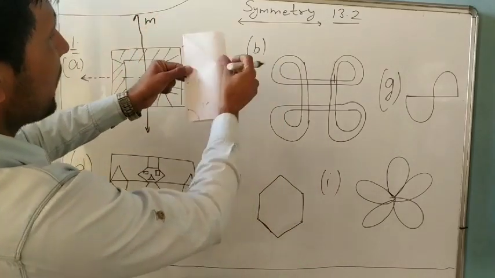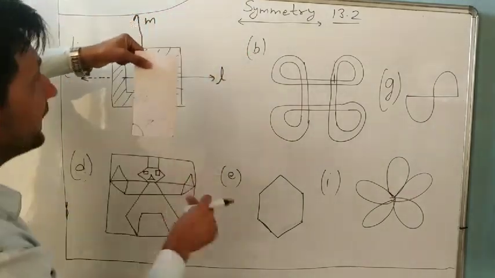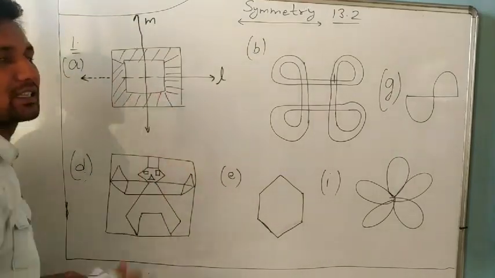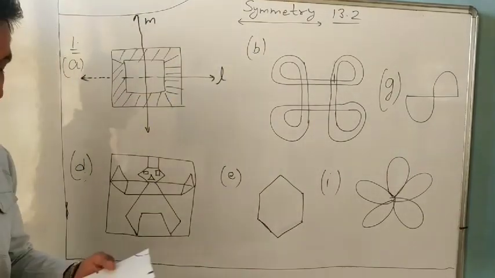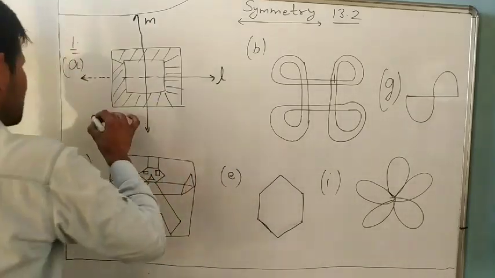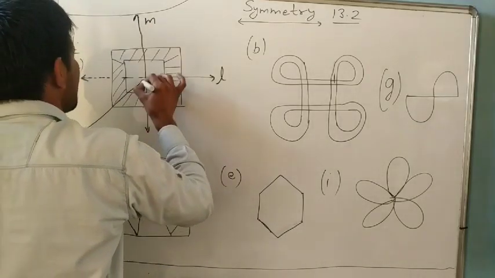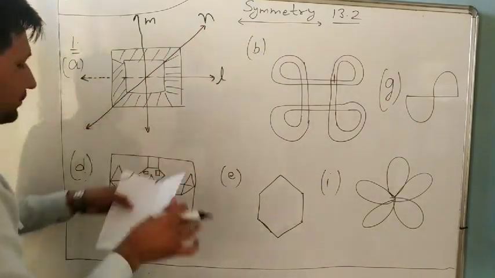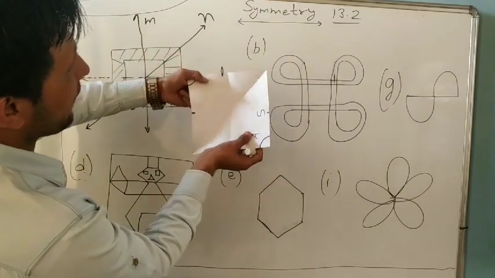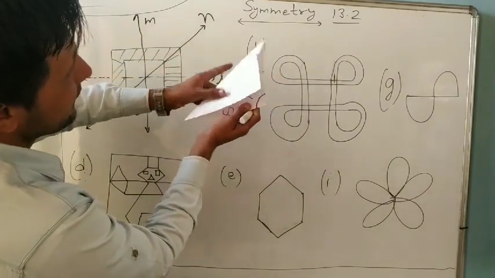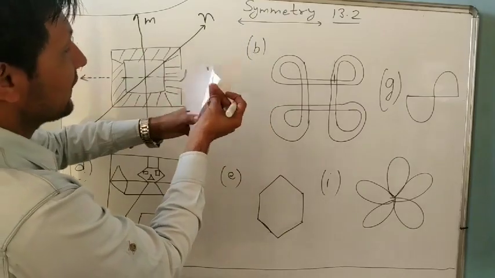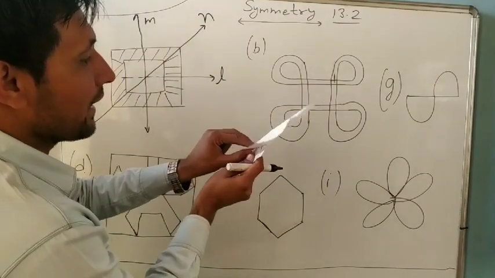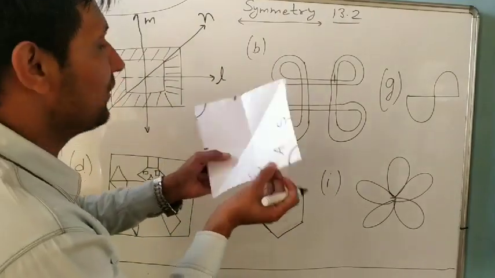Fold it. Yes. When we fold vertically, there are two identical figures. Left and right side are the same. It means it is also a line of symmetry. Now in the square, we will check like this one, diagonally. It is the L, M, N. So we will check it for N. Yes, it is a diagonal. They cover each other completely. Both are identical. Both upside and downside are the same figure. It means it is a line of symmetry.